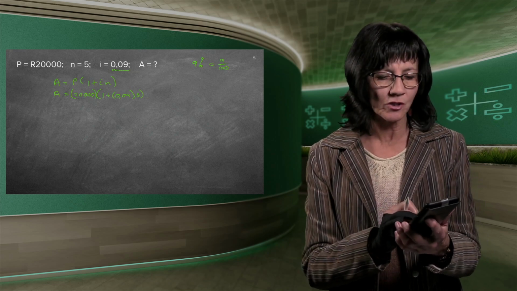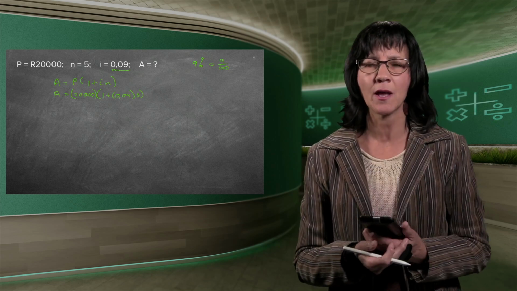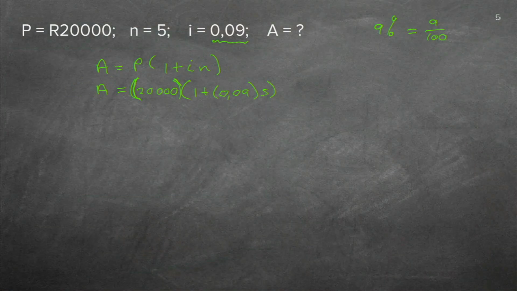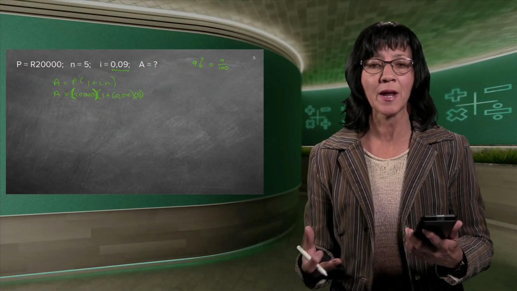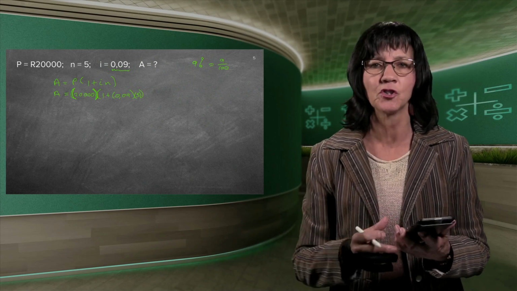You just press in 20,000. Now, I'm not putting a bracket around the 20,000 on my calculator. It's also not very necessary here where I put it, because it's all on its own. There's nothing with it. So you could just have written the 20,000. Just because we've got it in our system, let's just do the 5 in a little bracket. Because we've got it in our system to write all the substituted stuff in brackets, it's good to keep to that. Okay, it's 20,000. Then you make the bracket sign just as you see in front of you.